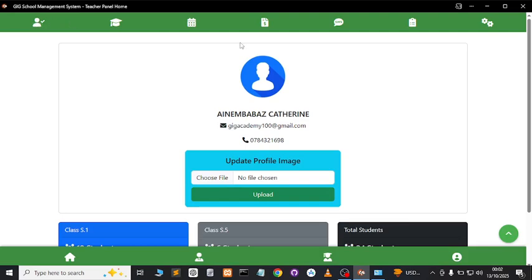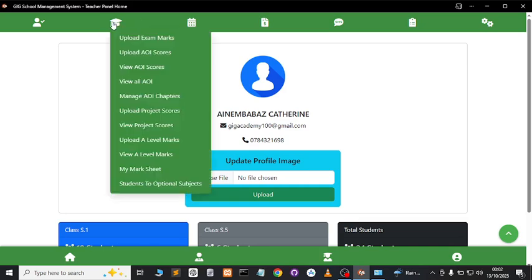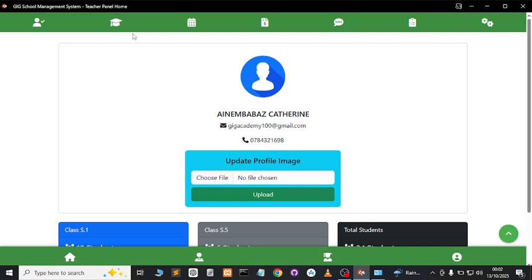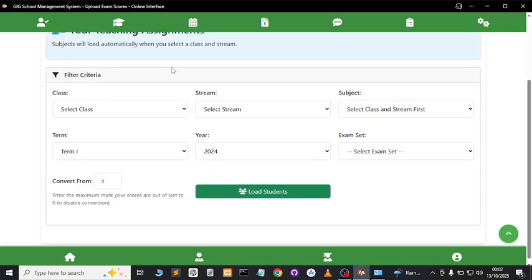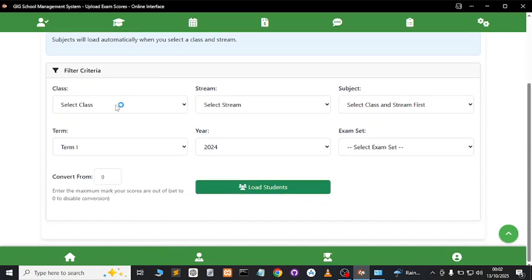So our menu is on top and on bottom. These are the tabs that will give you different links that can help you to do certain tasks. So if you are to submit marks, this is the tab that deals with marks. So you will click this button, upload exam marks, and then it will open for you a page for uploading exam scores. You will select your class,